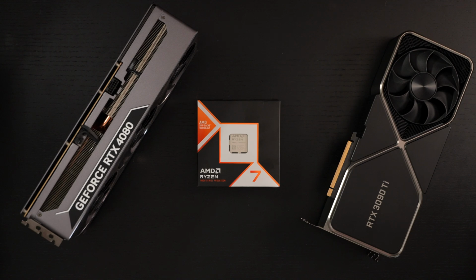Ed here with the Digital Digest, and today I'm unboxing the AMD Ryzen 7 9800X3D. This CPU has been on the market now for several months and is arguably the most sought-after processor for gamers